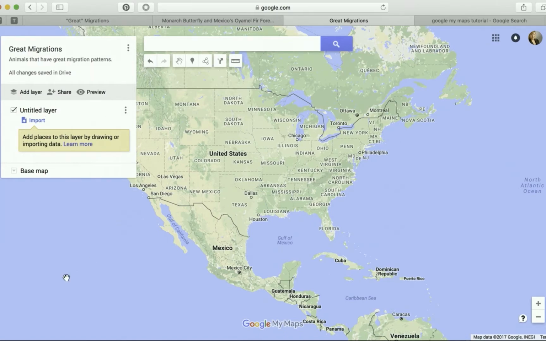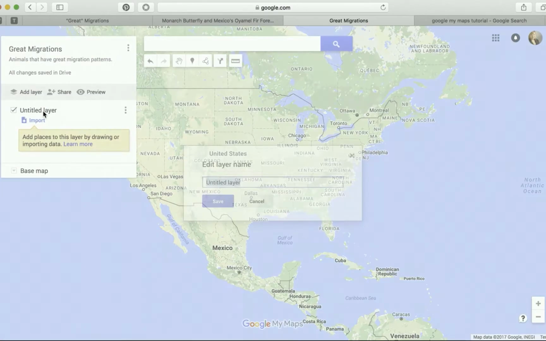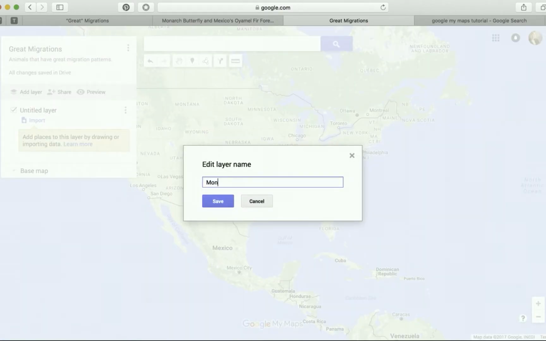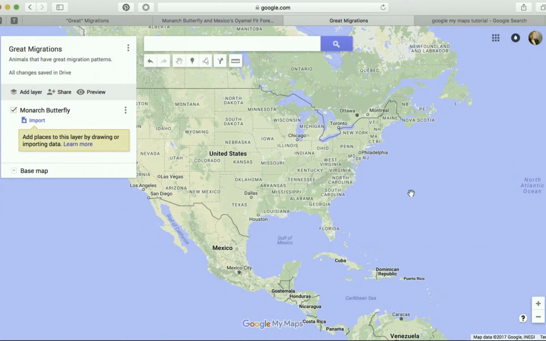Once again, you can just leave this as the base layer and put multiple pieces of information on it. If you wanted to create another layer, you would just click Add a Layer. For this, we're going to call this layer Monarch Butterfly and then hit Save. Now we know the migration route of the monarch butterfly starts up in Maine, and what